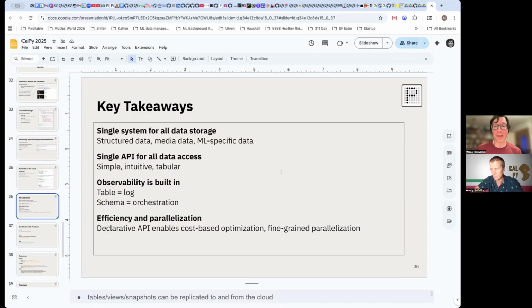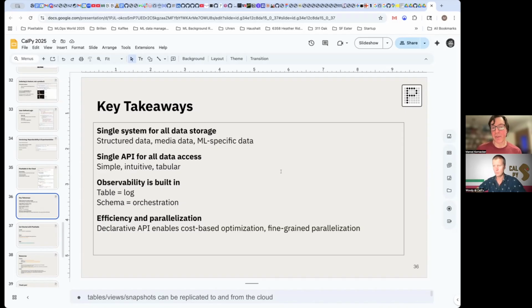There's a single API for all data access, and that's also very important. All of the data generated through computed columns ends up in tables and is queryable just like the data you started with. So there's a single query API for all of the data that you either input directly or is computed in Pixeltable. And that is an API that very much mimics standard relational database system functionality.